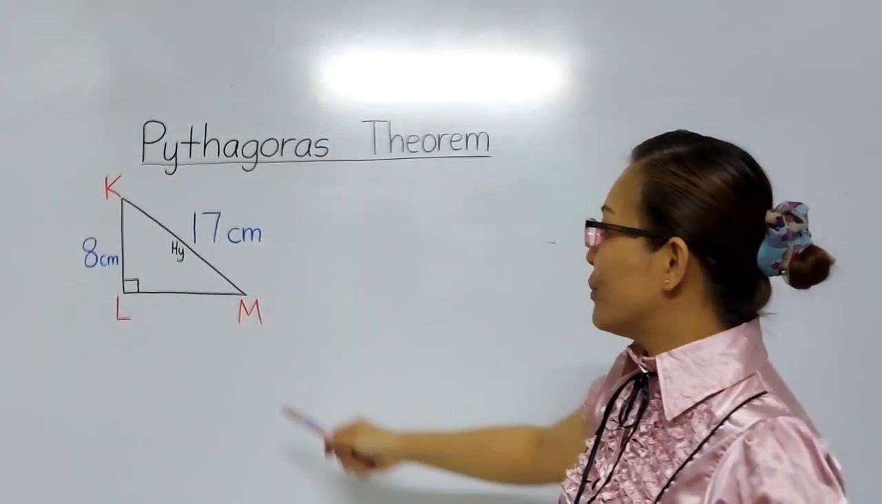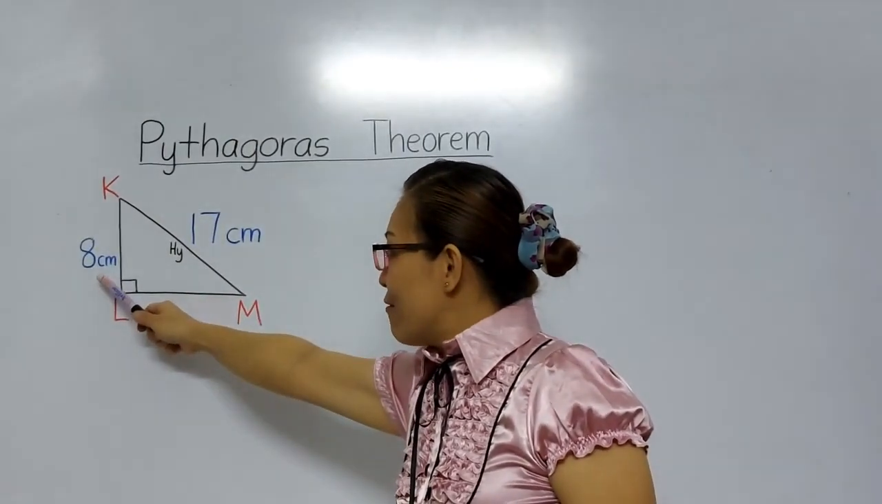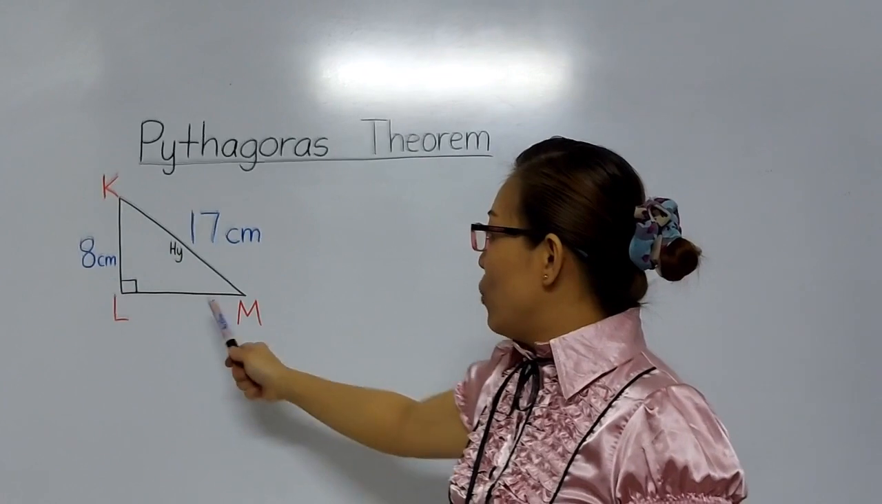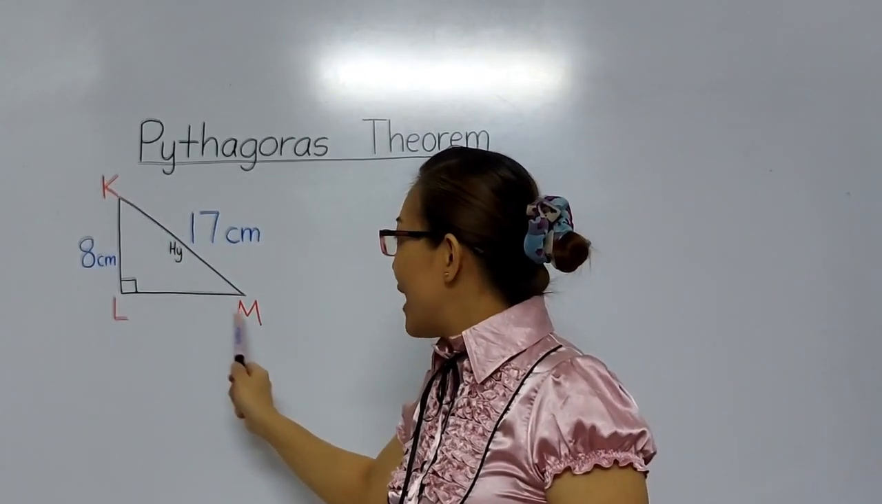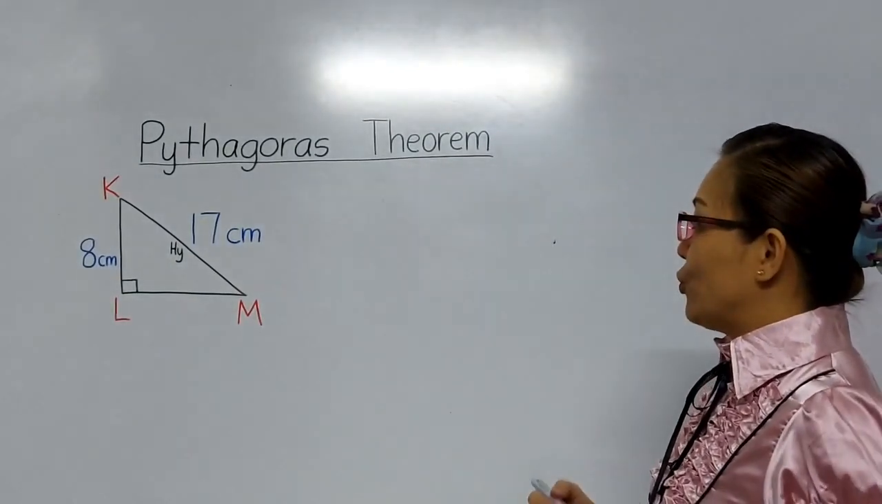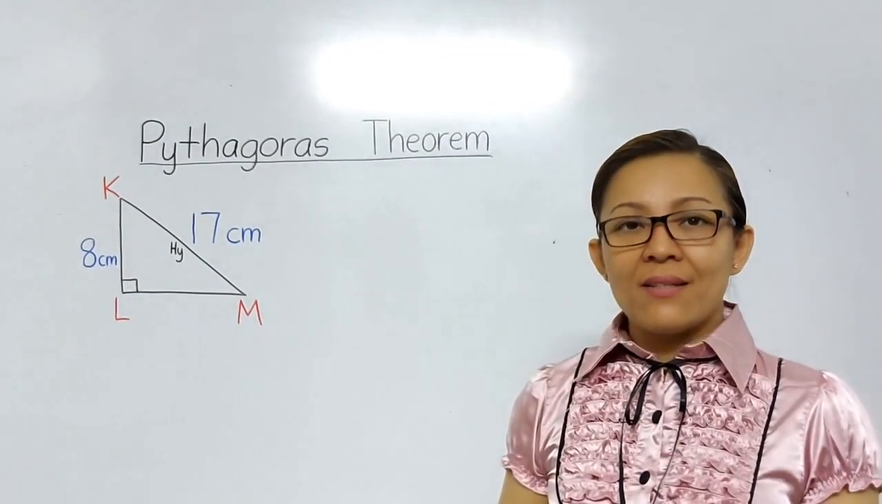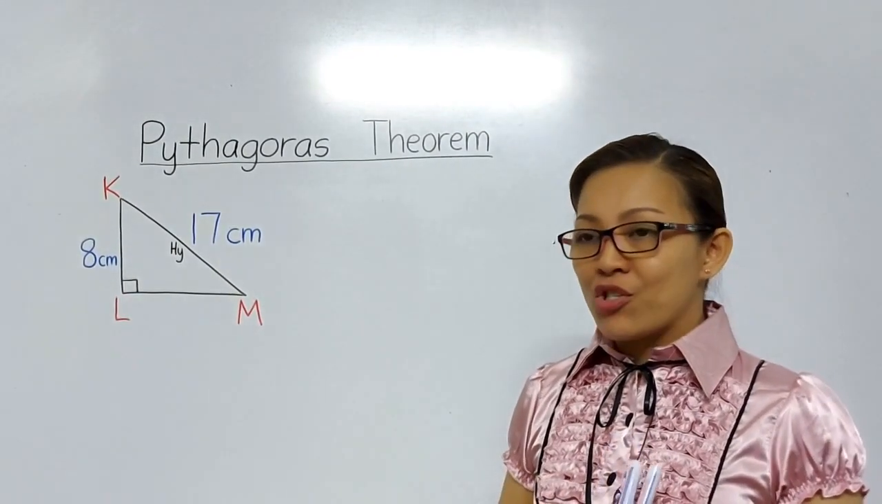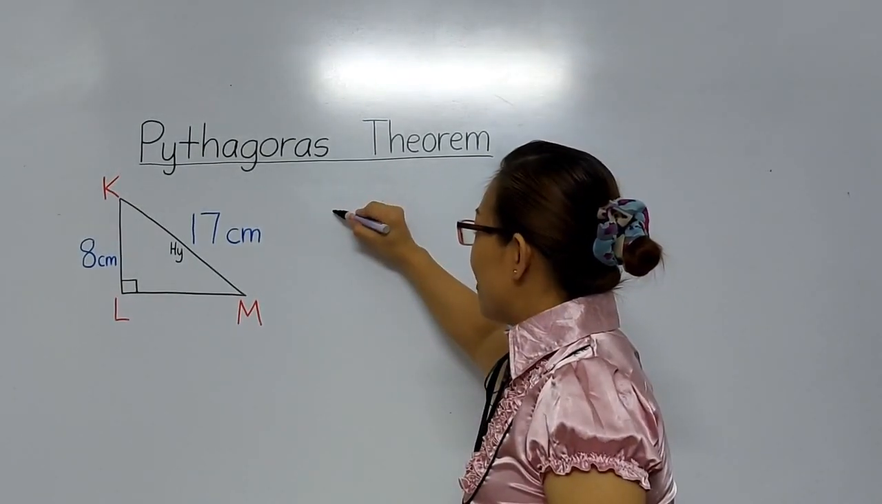We are given the measurement of hypotenuse 17 cm, 8 cm for KL. We are supposed to find the length of LM or ML. Either way will be correct. So to start your working is to start writing the measurement of hypotenuse. So you start by writing